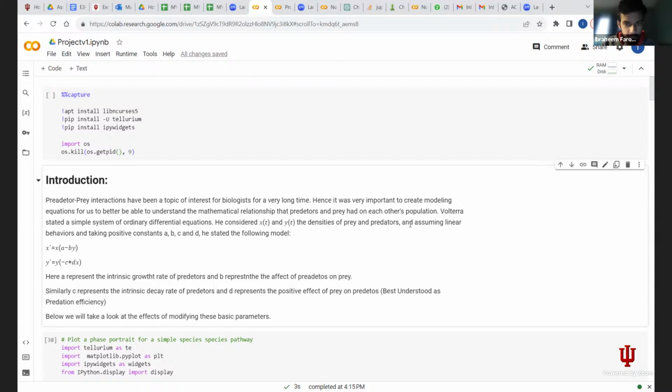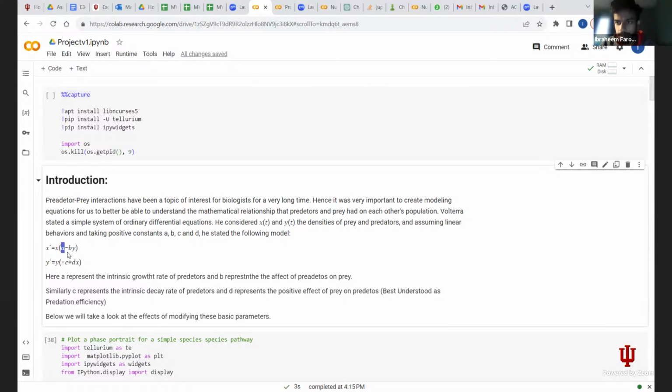So let's take a look at, I guess, to start, just the simple Lotka-Volterra model. This is basically described with a function x of t, that's the prey population over time, and then y of t, which is the predator population over time. The most simple version of this equation has just 4 parameters, a, b, c, and d, and it's described as the change of x is this function and the change of y is this function,